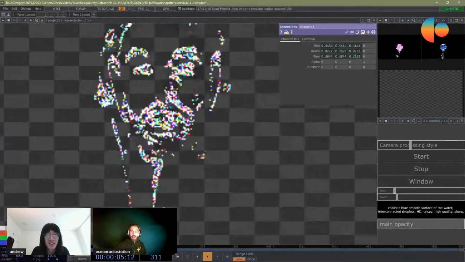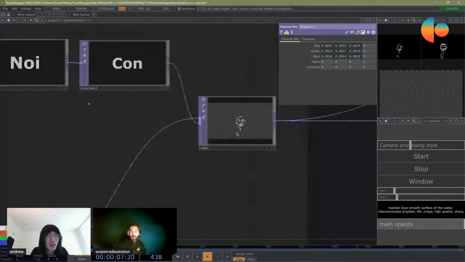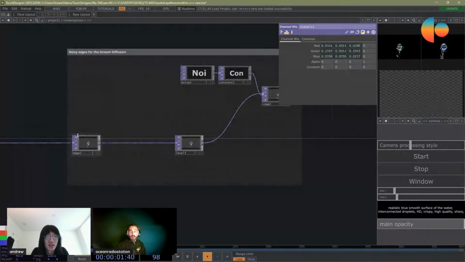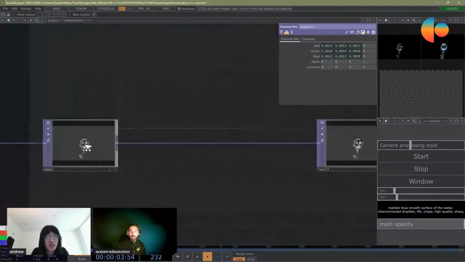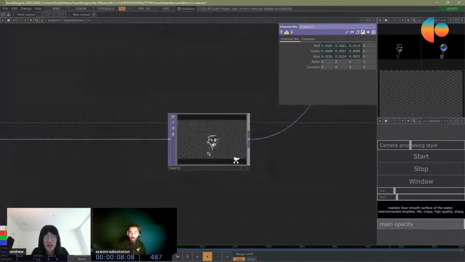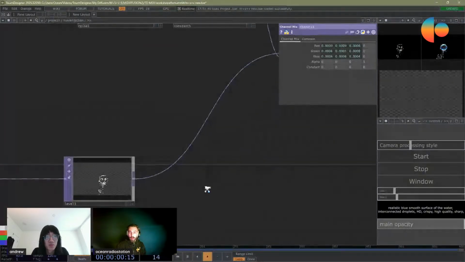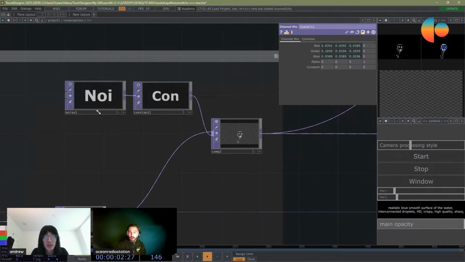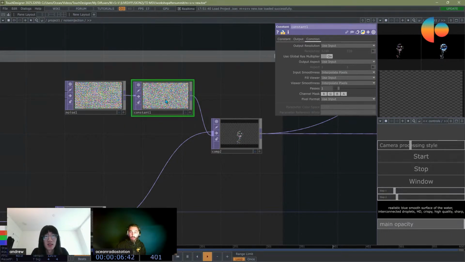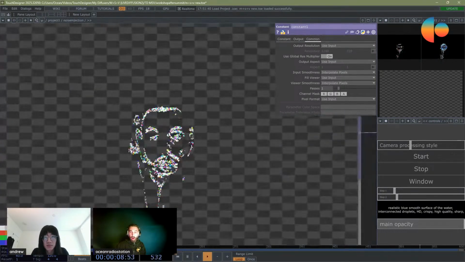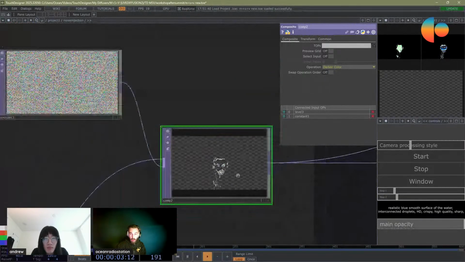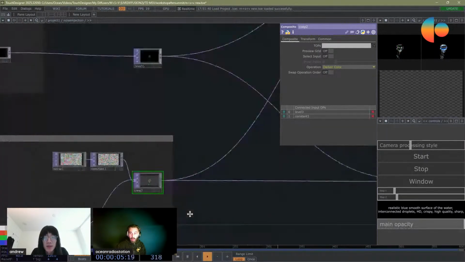If you add noise to the edges of the video in, you can balance it with a level, make it stronger or less. Then you need to add noise and a constant for the resolution, and combine it with a darker color, and that helps.